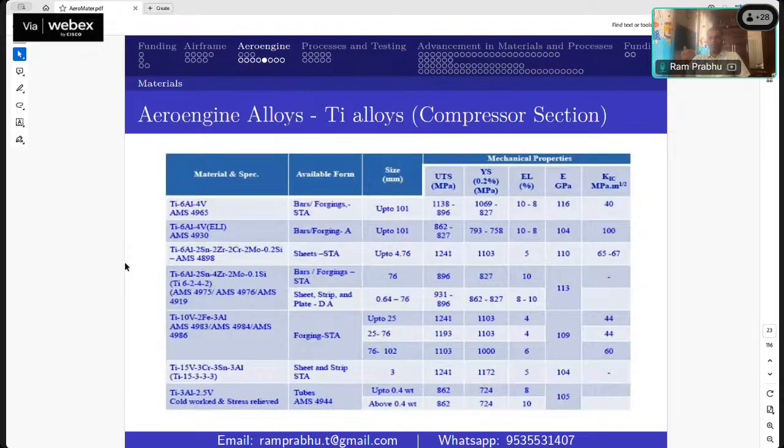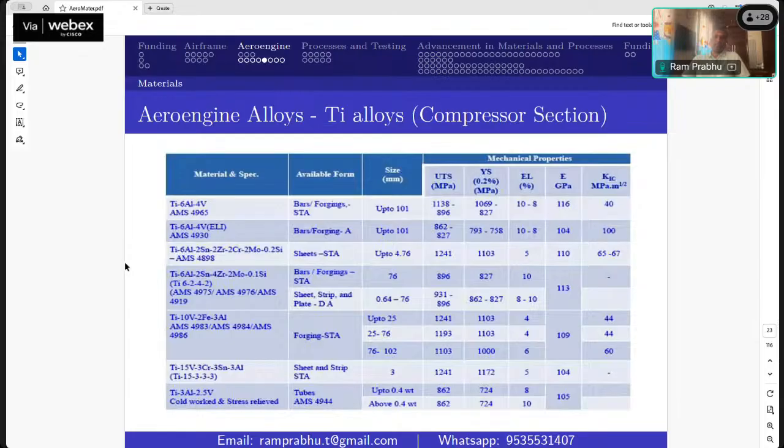And if I want to use it in sheet form, extra low interstitial Ti64. And other alloy categories, for example, titanium 6242 or 6222, are replacements for Ti64 in a region where the strength requirement is higher and the temperature is slightly lower,